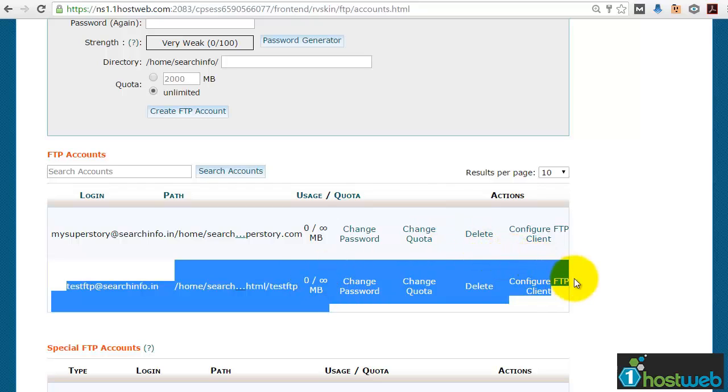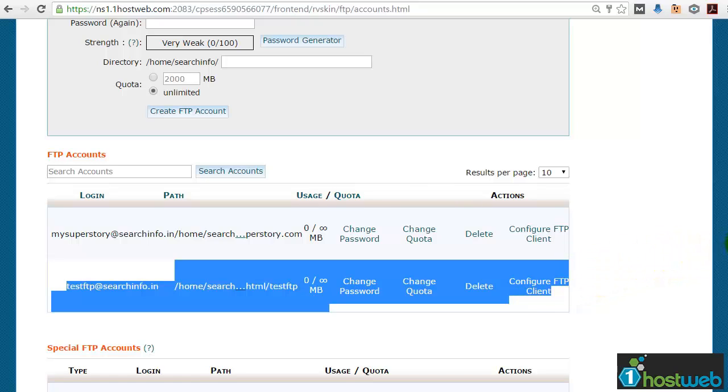And if you want, you can configure the FTP account on a FTP desktop client like FileZilla. So I'll just open FileZilla and I'll just show you. FileZilla is a freeware software. You can download it and you can install it on your machine. And using the FileZilla client software, you can connect to the FTP server over here and you can directly upload and download files. So basically FTP stands for File Transfer Protocol and it uses the port number 21 for connection.